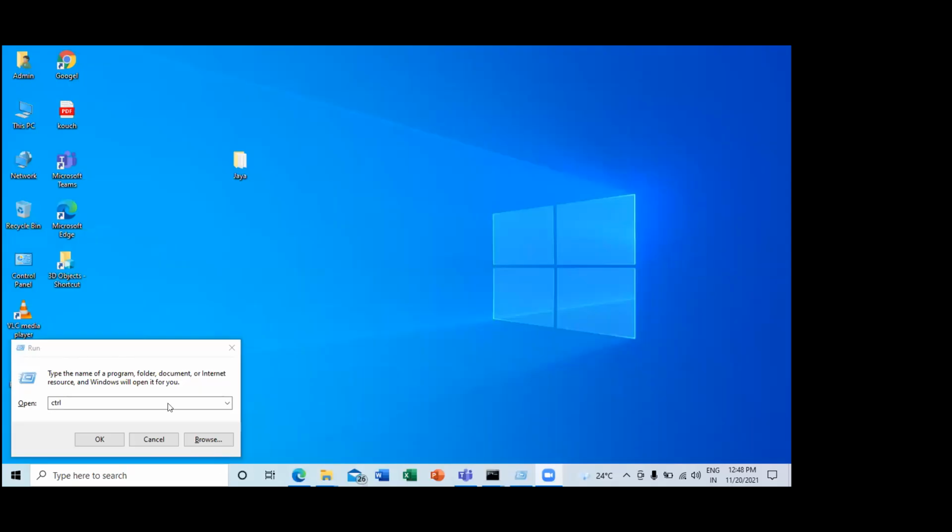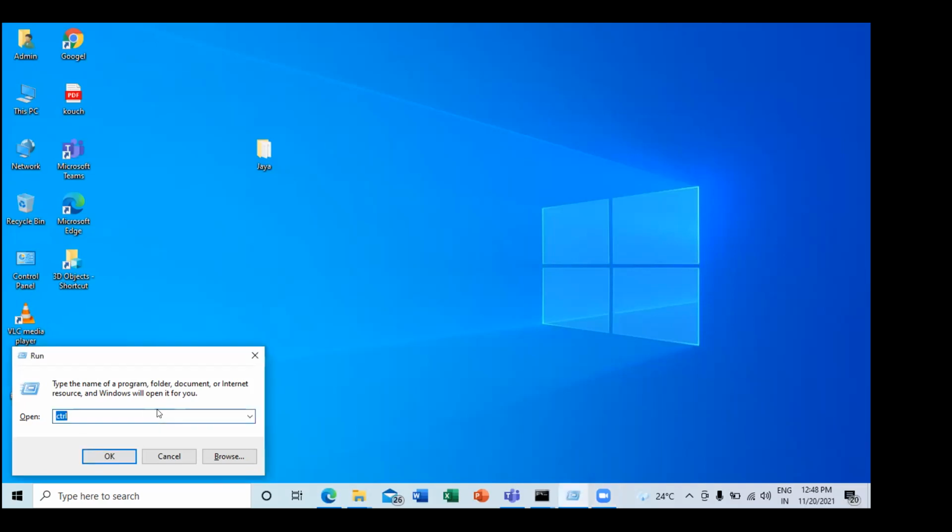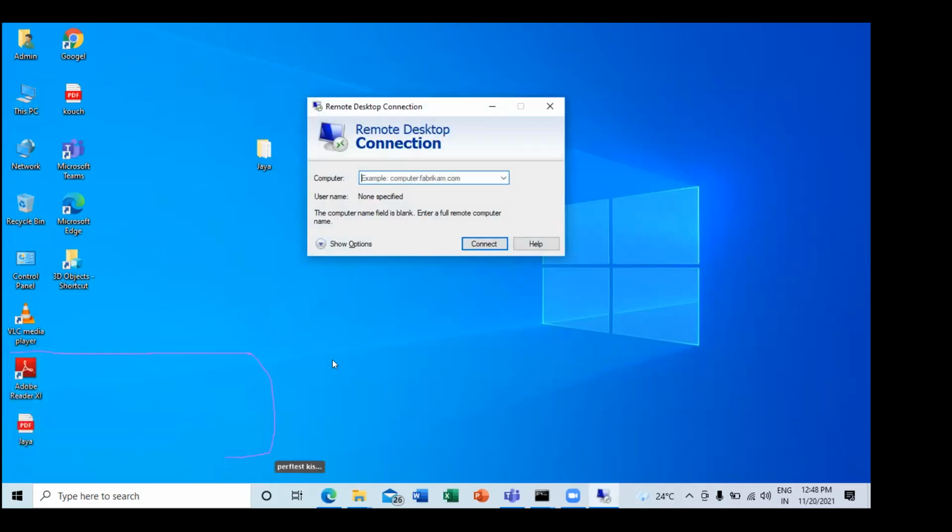Yeah, thank you. Can you connect to that remote machine? Yes. Not type MSTSC from the run prompt, you can use the Windows search box, right? You need not open the run prompt also. This is not actually required. You can type it here. Yes. So type the IP address of the other machine.